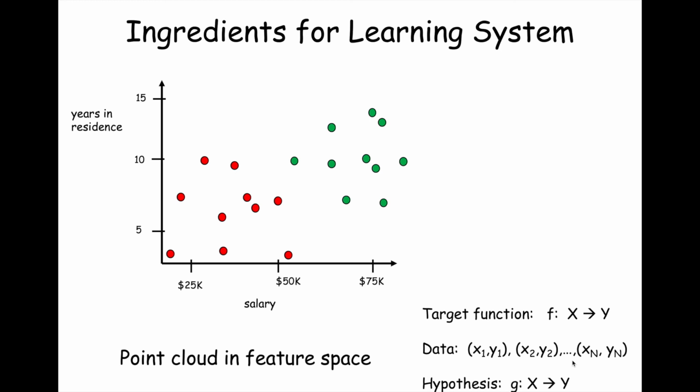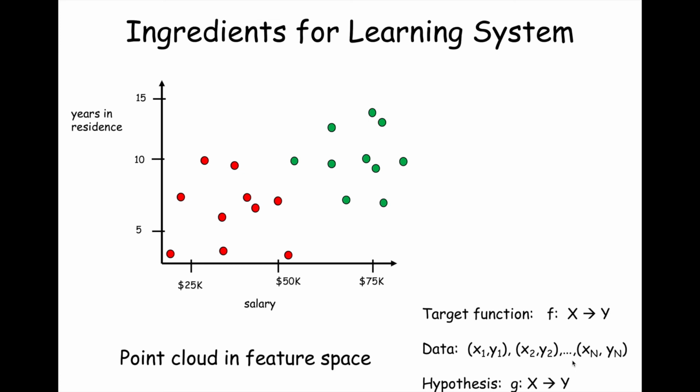And so one of the things that we're trying to do, if we're going to automate the categorization, is that we want to try to separate the approved people from the denied people, right? And so we're going to need a function to do that, and I'll get to that in a moment. Okay, so any questions about point cloud and feature space? Make sense? Okay, so that's just a visualization of all the historical data, and its coloring corresponds to these